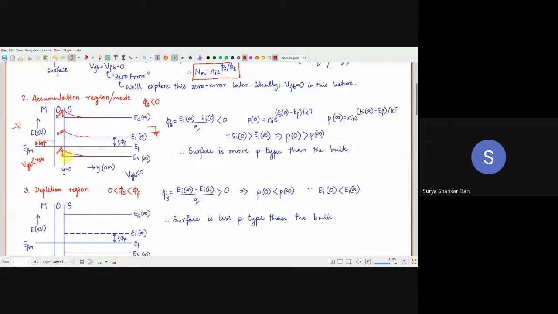Okay. So it is not basically speaking about the EC. These bands are all parallel, right? EC, EI, and EV. However, EF has got a different connotation, which is coming from statistical mechanics. Statistical mechanics has got to do with the movement of the carriers. यहाँ पर movement of the carriers नहीं हो रहा है, so EF remains fixed. So the rest of the bands will shift by the same amount as it is shifting in the gate terminal.